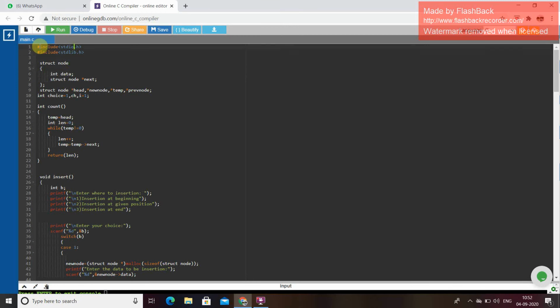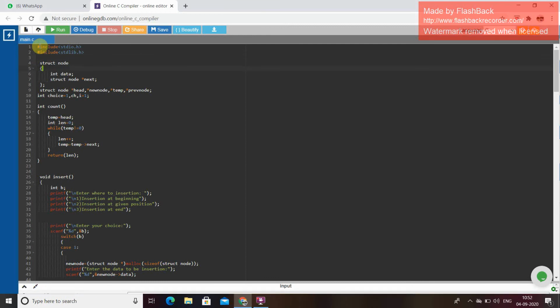Hashtag include stdio.h, include stdlib.h. Then we have to take struct node, then we have to give int data, struct node *next, and we have to close the structure. Again, struct node *head, new node, temp, prenode. Then int choice equals 1, char i equals 1, int